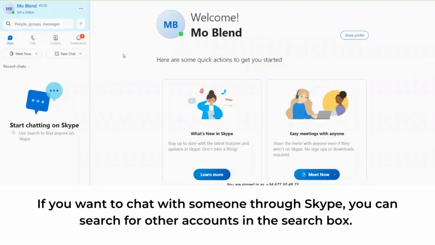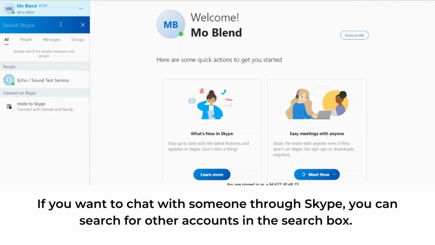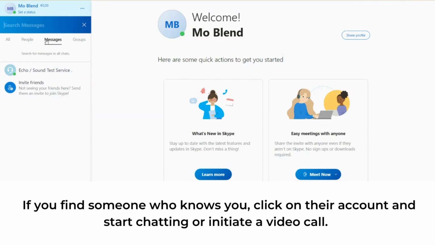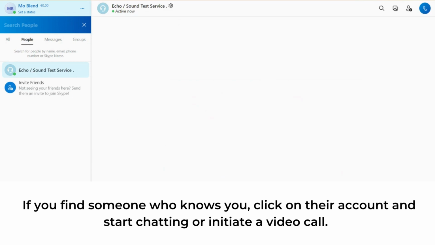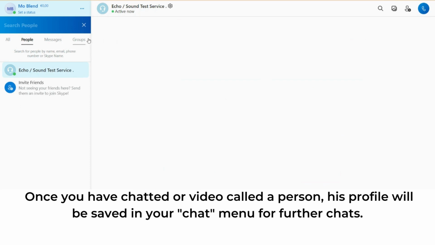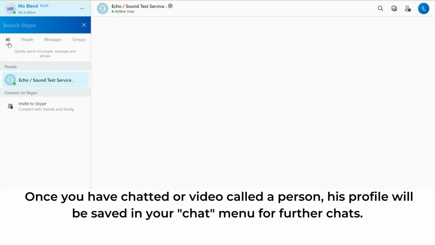If you want to chat with someone through Skype, you can search for other accounts in the search box. If you find someone who knows you, click on their account and start chatting or initiate a video call. Once you have chatted or video called a person, his profile will be saved in your chat menu for further